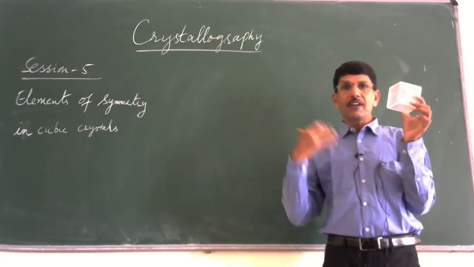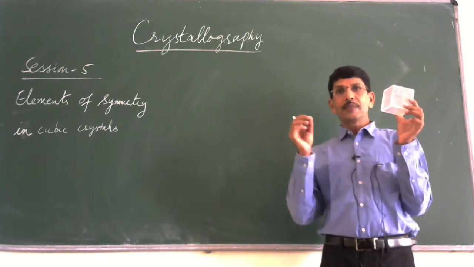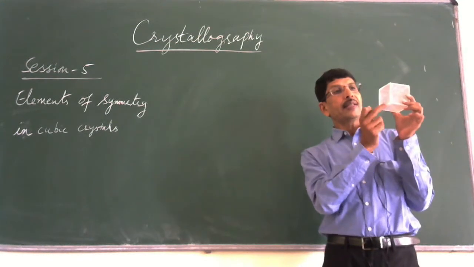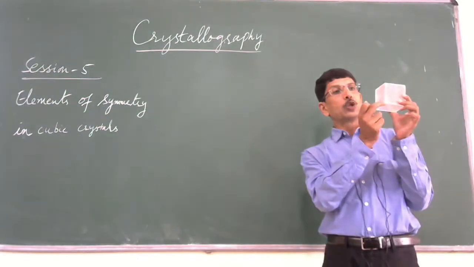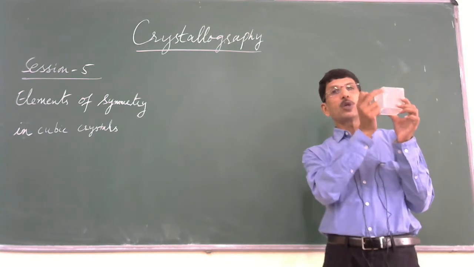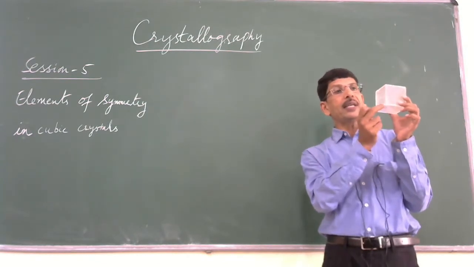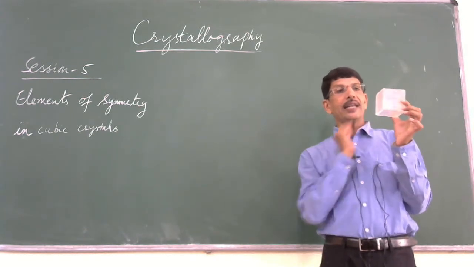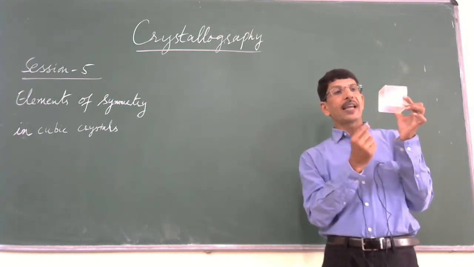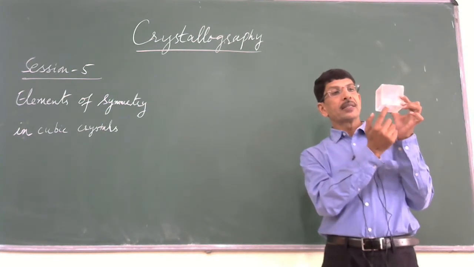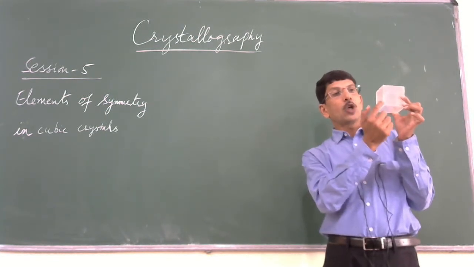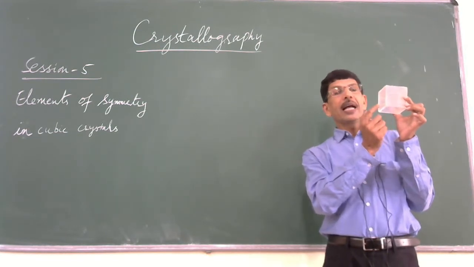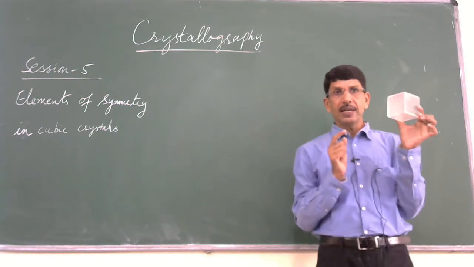A, B, C can be roughly correlated to length, breadth, and height. So if you consider these three sides, this is length, this is breadth, and this is height. So length is equal to breadth, which is equal to height. So I can say this is A, this is B, this is C. So in a cubic crystal, all the three sides are equal, and all the three interfacial angles. This is one angle, this is one angle, and this is one angle. So all these alpha, beta, and gamma are equal to one another and equal to 90 degrees. I think it should be clear now.